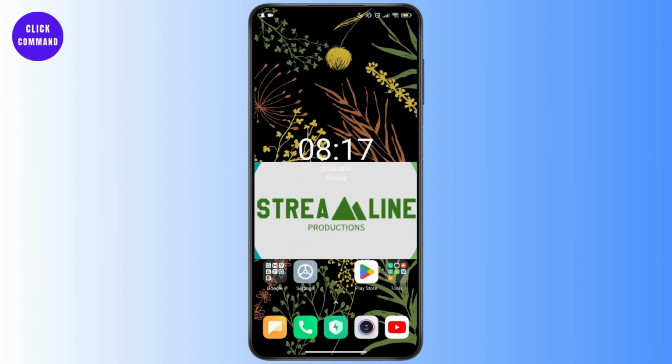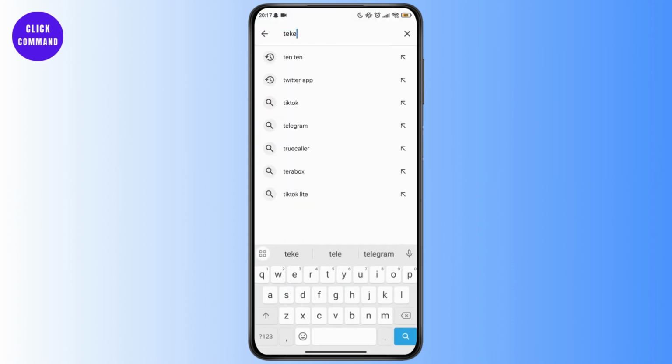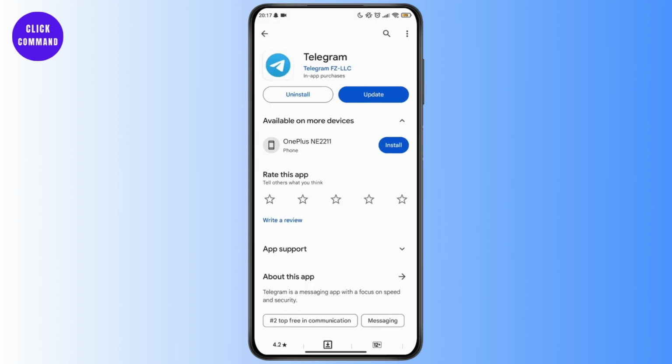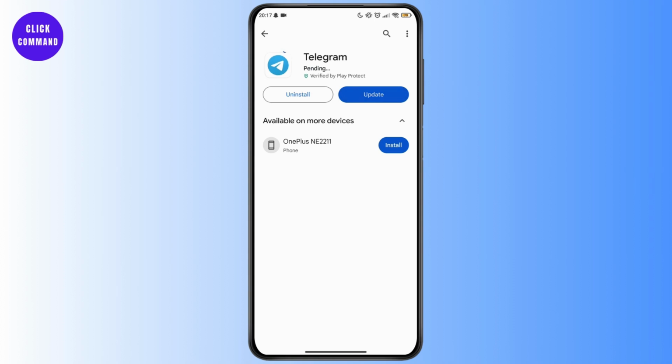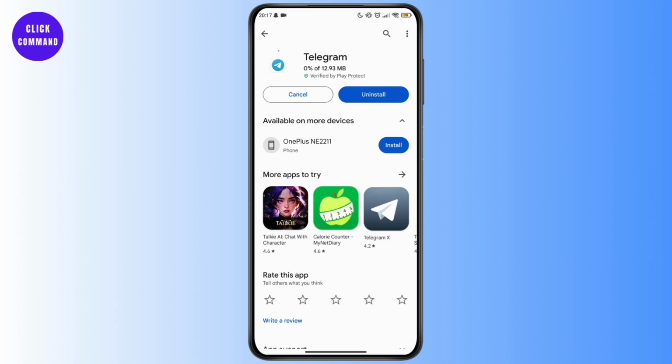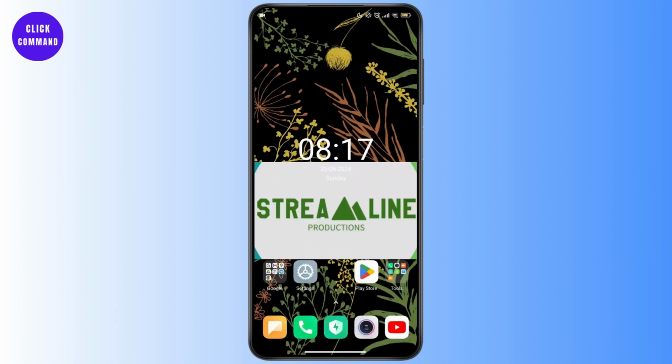Go back and visit your Play Store or Apple Store. Then you have to search for Telegram. On Telegram, if there is an update option, you have to go for update, and update your app from here. After updating your app, if you still face that problem again,